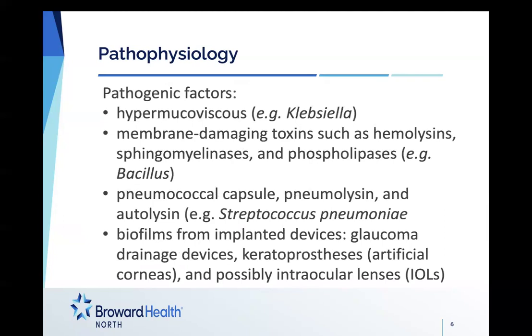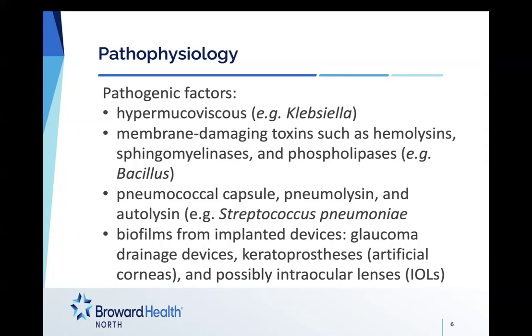So continuing with pathophysiology, we have some pathogenic factors, and that basically affects what type of treatment moving forward and how bad the infection occurs. So Klebsiella, which is a really common pathogen that we talked about earlier, has something called hypermucoviscosity, and basically it produces a thick viscous capsule, which can be identified by a positive string test. And this is a way for the bug to evade the phagocytosis immune system. So if you were to grow up the Klebsiella on a petri dish and use a utensil to dip it in, you'll actually get strings of bacteria being pulled up from the petri dish. So it's really interesting to look at.